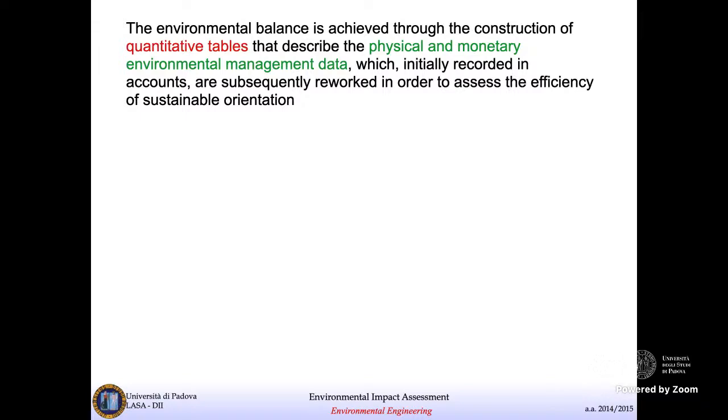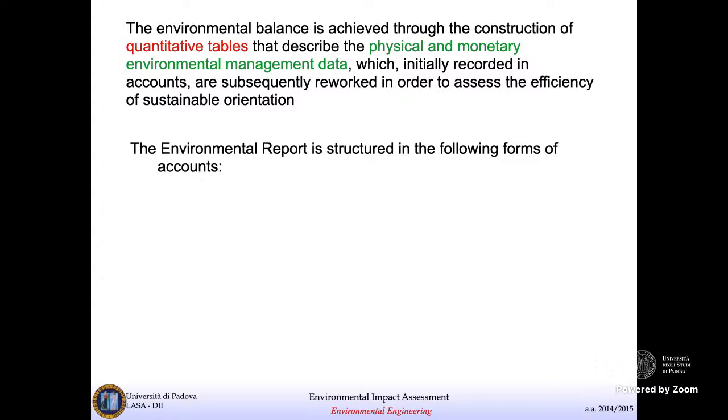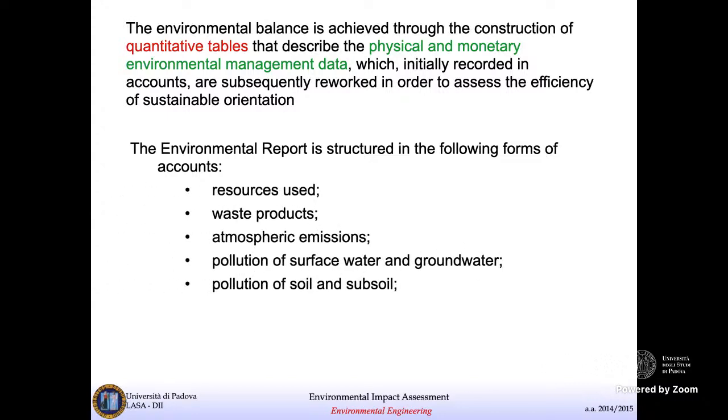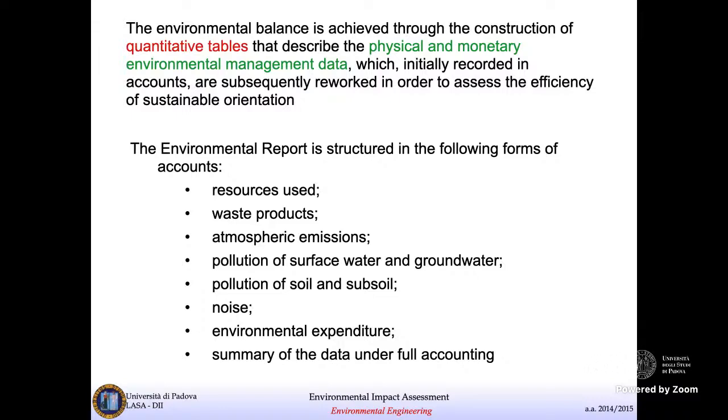The environmental balance is achieved through the construction of quantitative tables that describe the physical and monetary environmental management data, which are initially recorded in accounts and are subsequently reworked in order to assess the efficiency or the sustainability of the company. Environmental report is structured in the following forms of accounts. We are talking of environmental budgets here. Environmental budgets are all